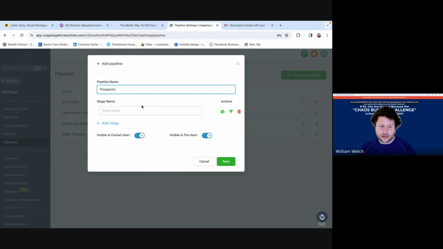Now this is where you would go through and figure out what the different stages are. Can I break my prospects down into 5 stages and keep it to minimal stages? Because that's the key, simplicity. 5 stages or less. Once you get them to the fifth stage, the next stage is they move to a different pipeline, maybe leads or something else.